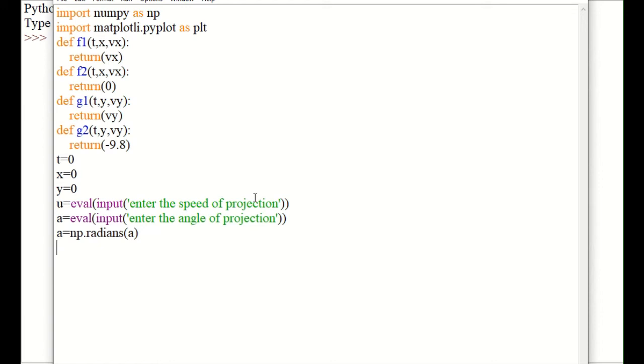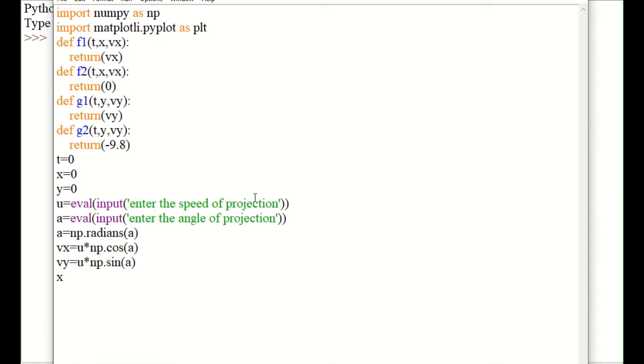So I obtained all the initial values. Now I need the initial value of Vx, that is u cos theta. So u star np dot cos of angle A. Similarly, Vy equals u star sin theta, so np dot sin of angle A. Okay, so everything is ready.